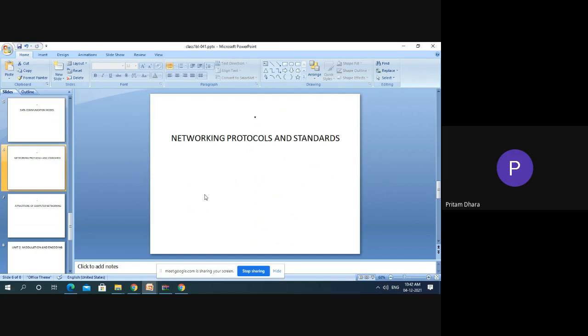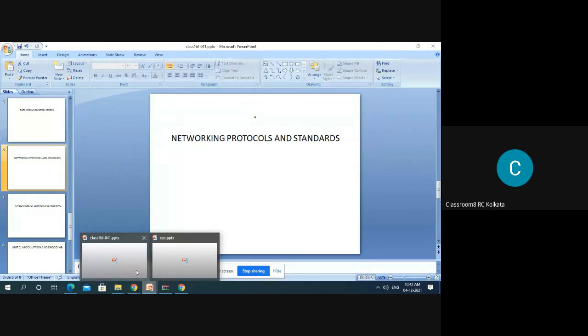Sir, networking protocols are those sets of rules that are mentioned to establish communication of two devices that follow a set of rules. Yes, those are called networking protocols. Actually, in order to make communication successful,